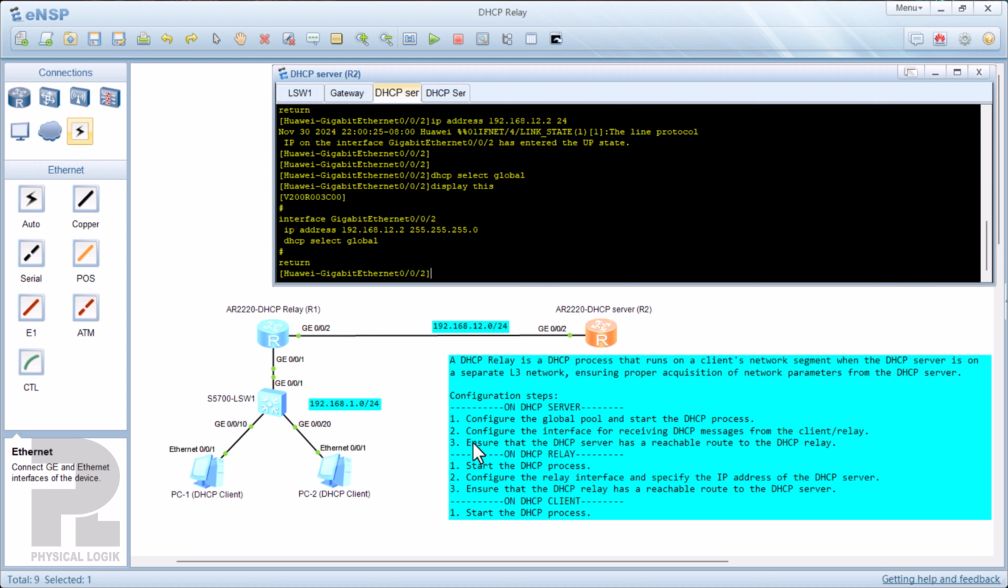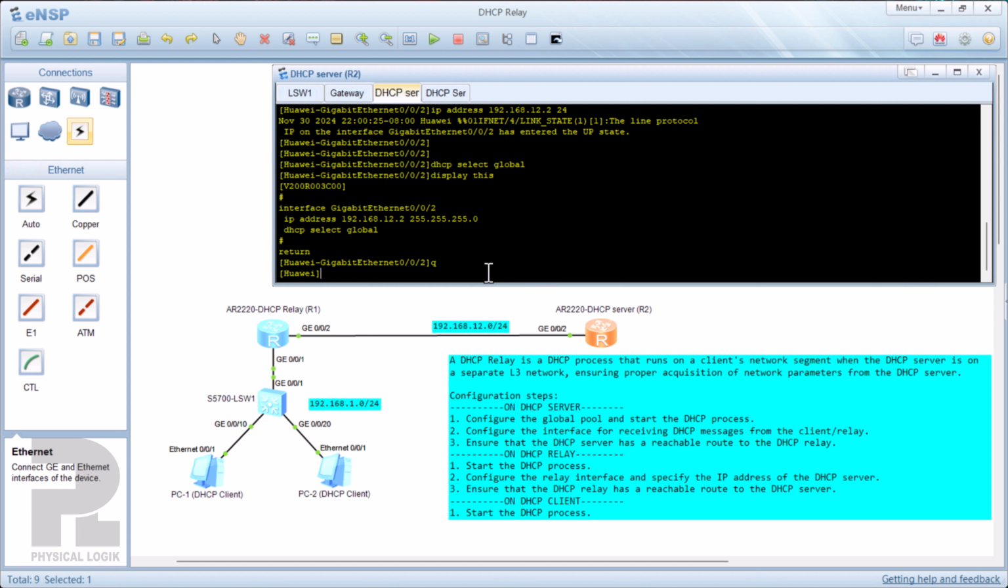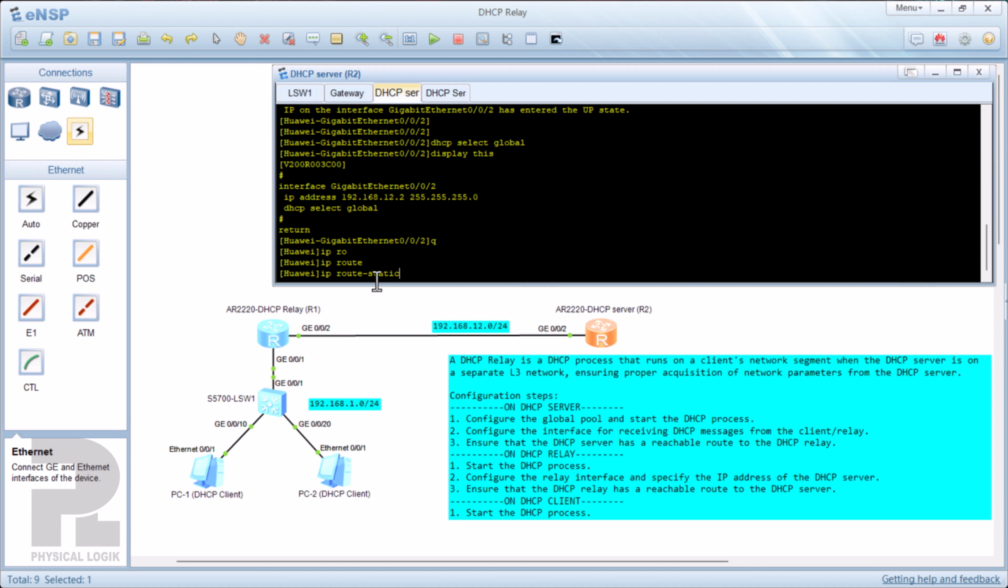Now the next thing is to ensure the DHCP server has a reachable route to the DHCP relay. In this case, the DHCP relay, although it's router 1, the DHCP relay process will run on GigabitEthernet 0/0/1 of router 1. So we need to have a reachable route from this router to this interface, which resides on this network segment. So what we're going to do to achieve that step is quit. First of all, we configure a static route pointing to this broadcast domain. So let's go ahead and do that using the command ip route-static